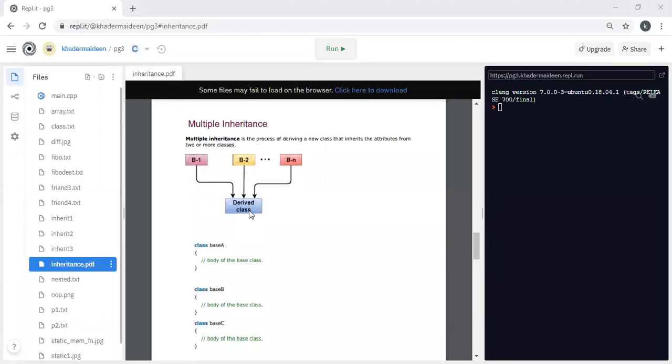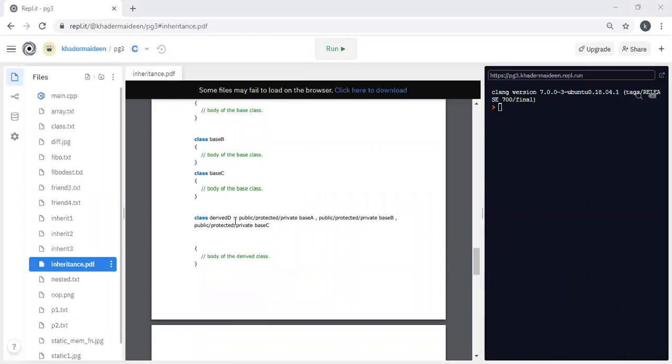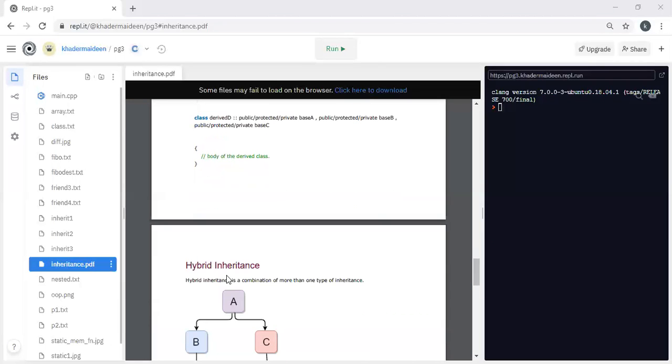So this is the derived class. Derived D, then public, protected or private base A, public, protected or private base B, public, protected or private base C. So here it is a single colon, not a double colon, and then the body of the class.